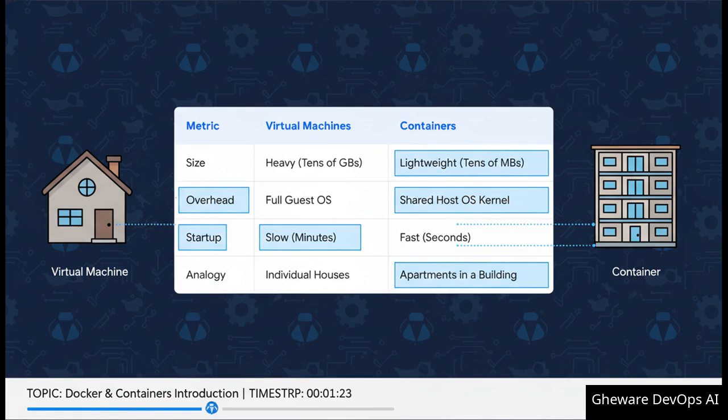A container, on the other hand, is incredibly lightweight. We're talking megabytes, not gigabytes, and it starts up in seconds. The perfect analogy is apartments in a building. They all share the same core infrastructure, the foundation, the main waterline, but each one is its own secure, isolated